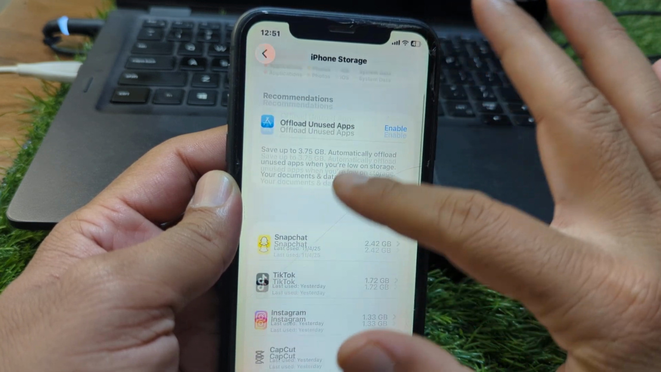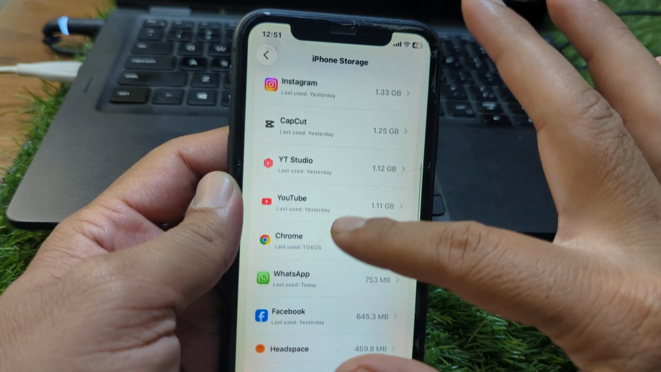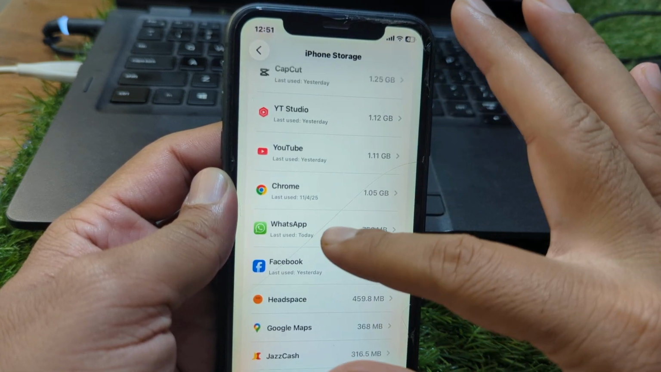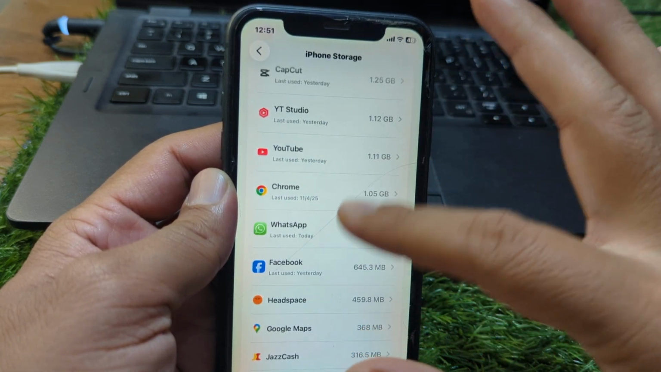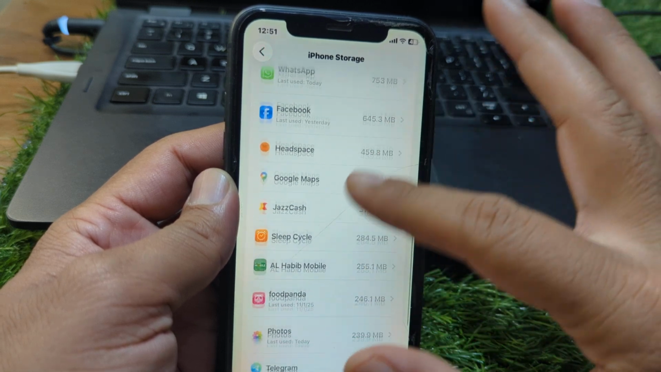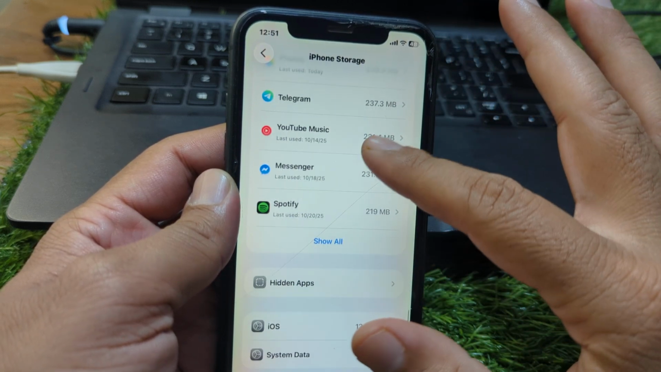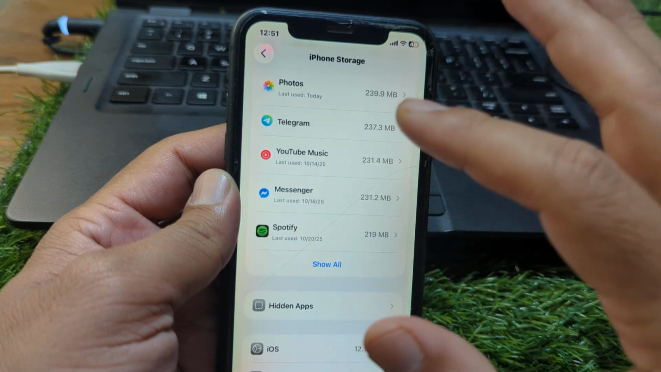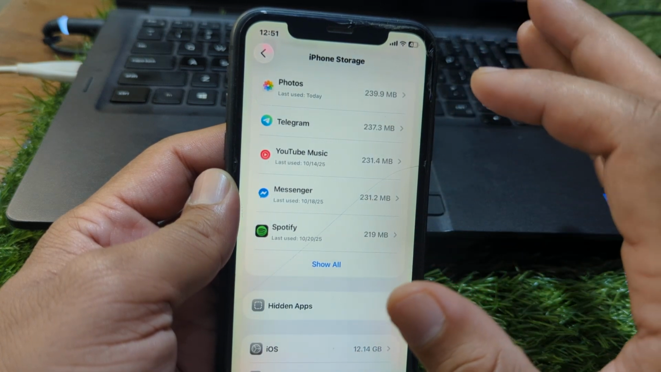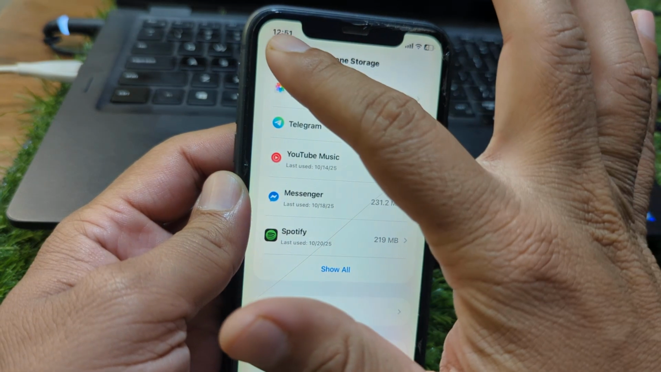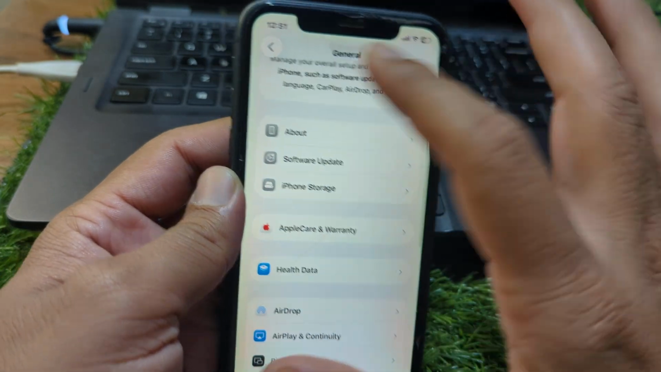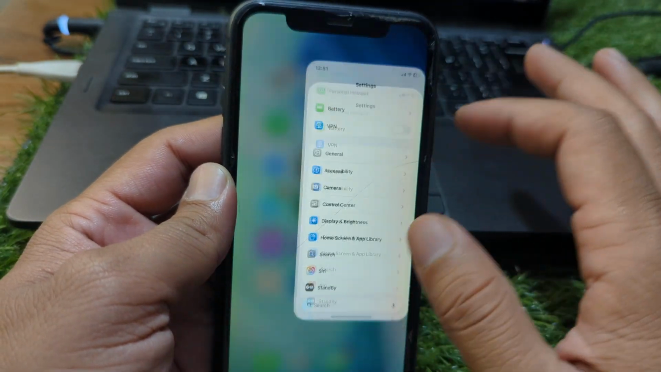So guys, do this, and after this scroll down, and from here you have to simply delete all the useless apps on your iPhone as well. If there are any useless apps on your device, simply uninstall or delete them, and after this you have to simply go back,